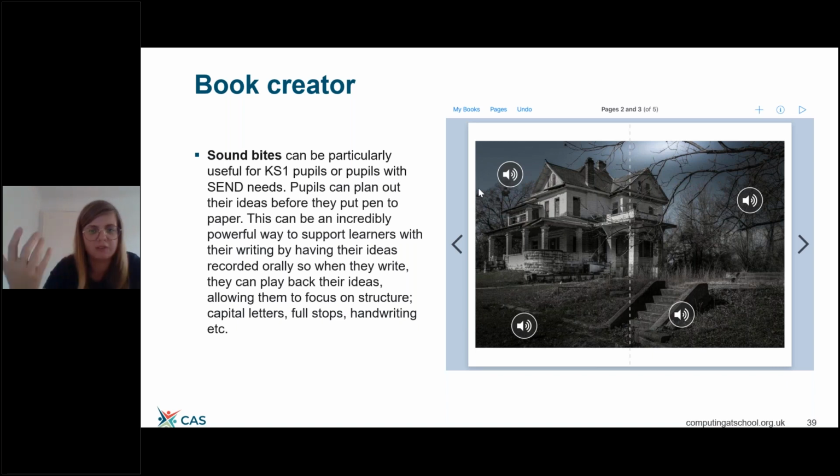You know, they could do it as part of an intervention group, but that's their recording. Take that back to the table, they press play, they can listen to their recordings, and then focus on the transcriptional element of actually writing it down. So yeah, Book Creator is nice for just making topic books, but in English, definitely for vocab choices for those